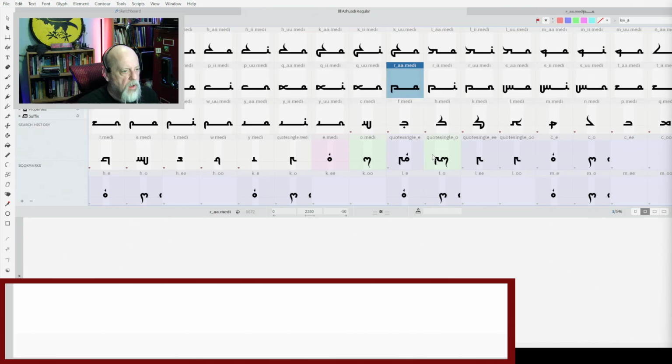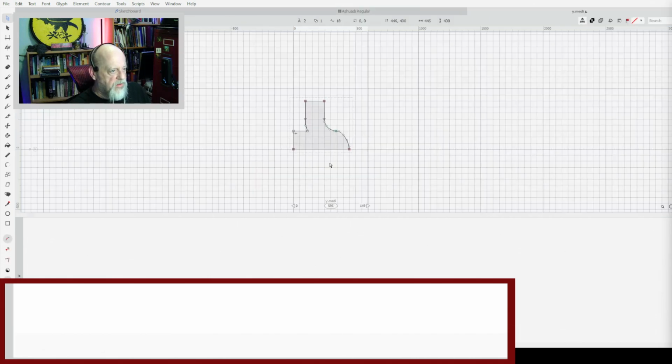So I'm going to have to go through the process of doing this, and then I'm going to have to come up with a design for the letter E and do the whole thing again. This is, excuse me, the letter I or Y in its medial form and end of a syllable.